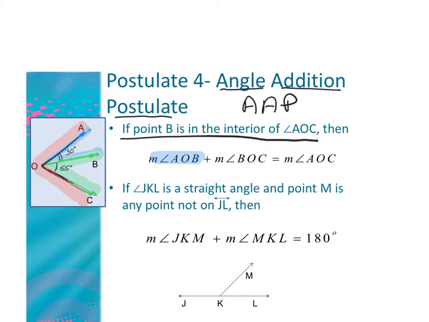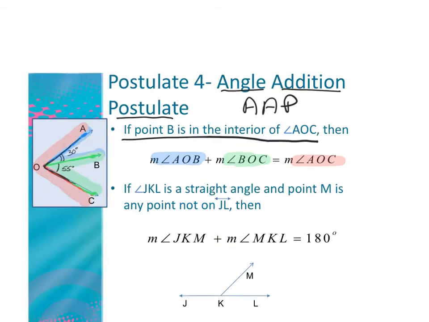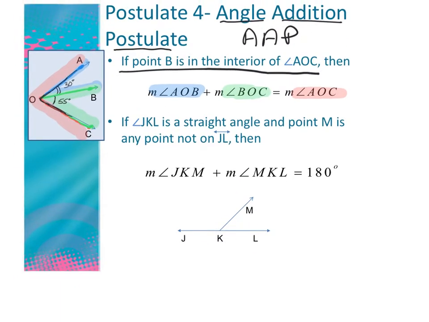And that's what you're looking at here: if you were to take the two angles and add them together, you would get that big angle again. So another thing to note is that if JKL is a straight angle, we're talking about this picture down here now, JKL, if it's a straight angle, meaning that it's 180 degrees, and M is any point that is not on that line, so whether it's on this side,